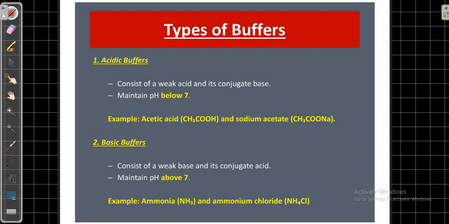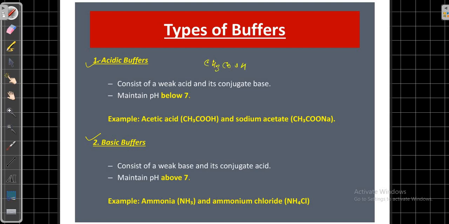बफर बेसिकली 3 टाइप के होते हैं: एसिडिक बफर्स, बेसिक बफर्स एंड फॉस्फेट बफर्स। यहाँ स्लाइड में दिख नहीं रहा, लेकिन बफर्स आर ऑफ 3: एसिडिक बफर्स, बेसिक बफर्स एंड फॉस्फेट बफर्स। मैं आपको बता देता हूँ एसिडिक बफर्स क्या होते हैं। एसिडिक बफर्स आर बेसिकली दी मिक्सचर ऑफ वीक एसिड एंड इट्स कंजुगेट बेस। जैसे कि अगर हम बात करें